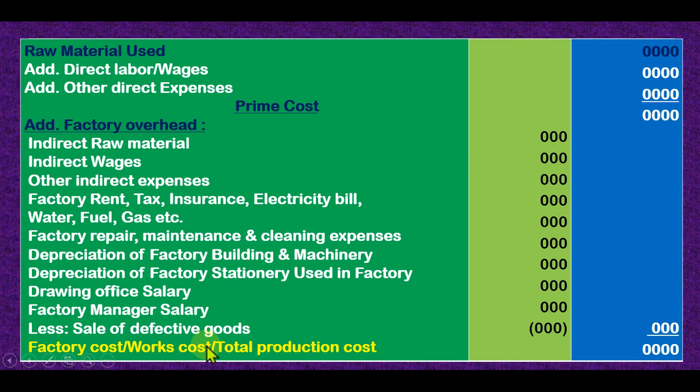In some organizations it is called works cost or total production cost, we'll say factory cost. So prime cost plus factory overhead is factory cost. Dear students, some examples of factory overhead: indirect raw material, indirect wages, other indirect expenses, factory rent, tax, water, fuel, repair, lots of factory overhead. That means the expenses occurred in the factory are factory overhead, indirectly. Dear student, now